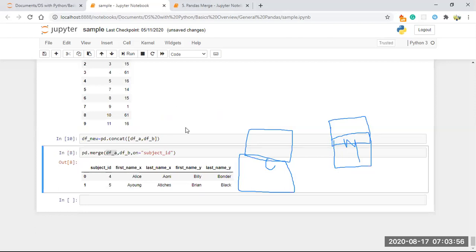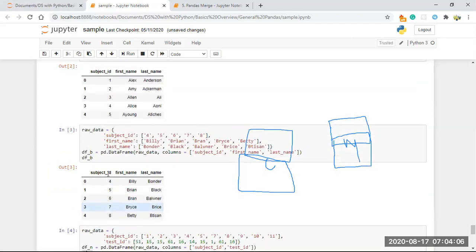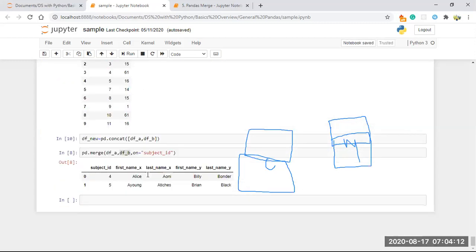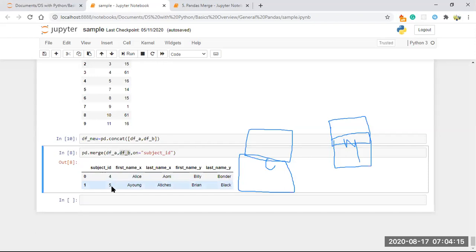Okay. See here, when you are merging two things, only the values common for your DFA and DFB are taken. For DFA and DFB, see the data set, you have 4 and 5, and here also 4 and 5. So from that perspective, you will be getting 4 and 5, first name, last name, first name, last name. So you will get the values like this.